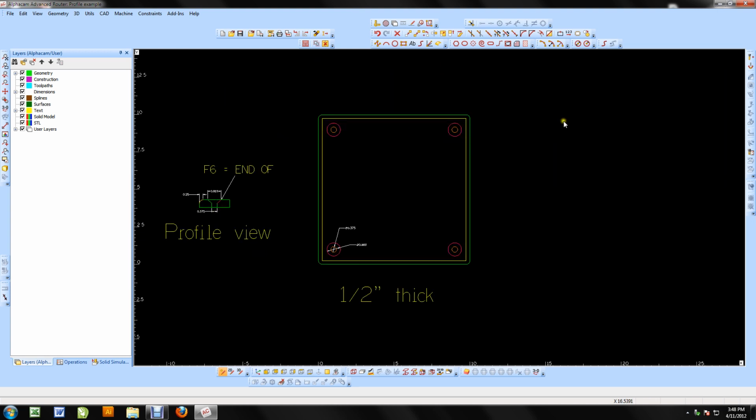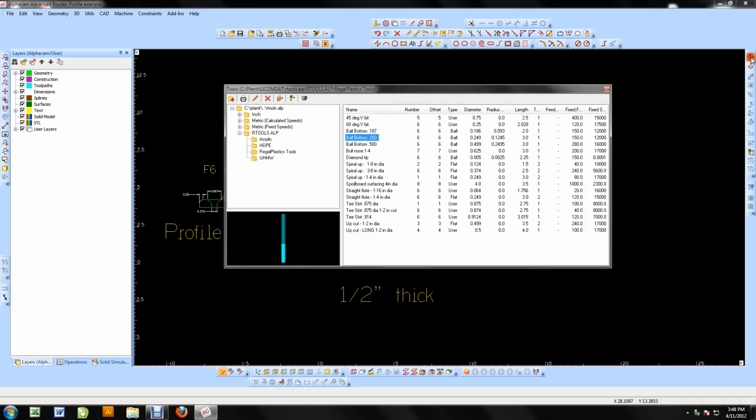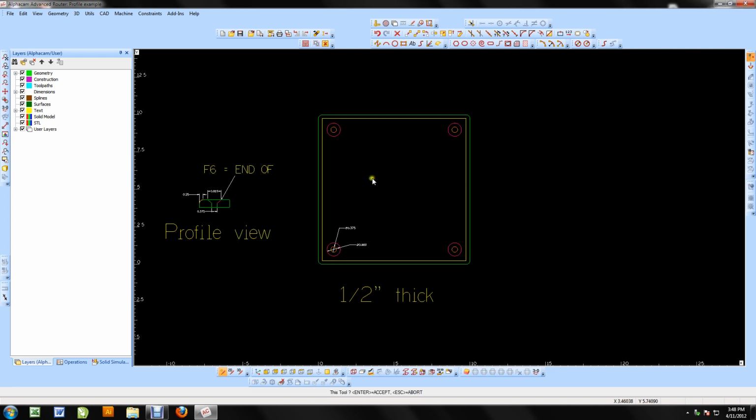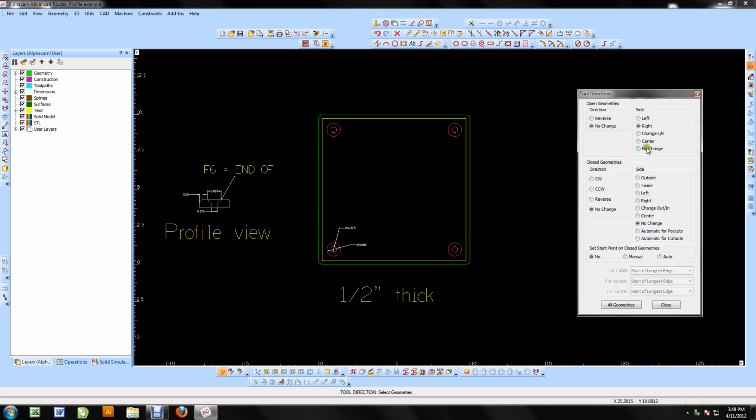So first off, we'll go grab a drill bit in our tools, and I'm going to use a 1/4 inch diameter bit. I have to click on that to drop the bit anywhere on the drawing. Now I have to tell it what directions I want it to go. It's a closed geometry, meaning that a straight line, or any line that doesn't come back and connect together again, would be an open geometry. So I want to go around the inside in a clockwise direction,